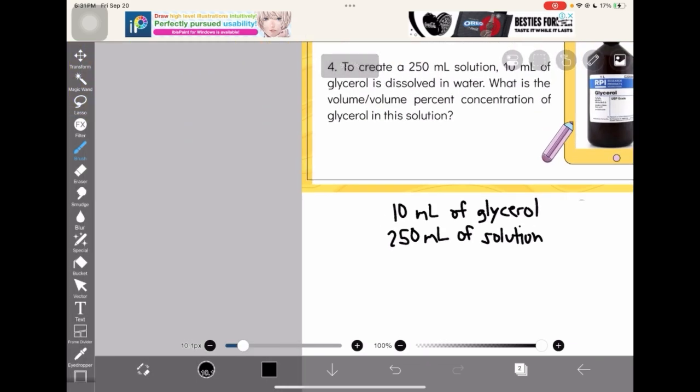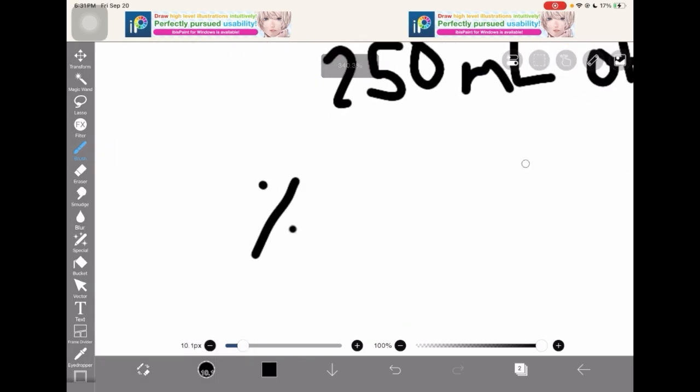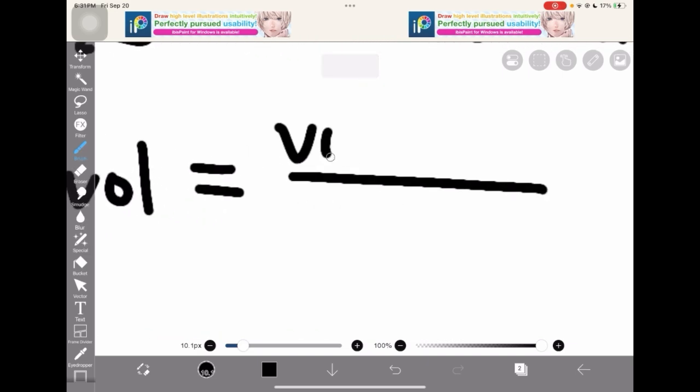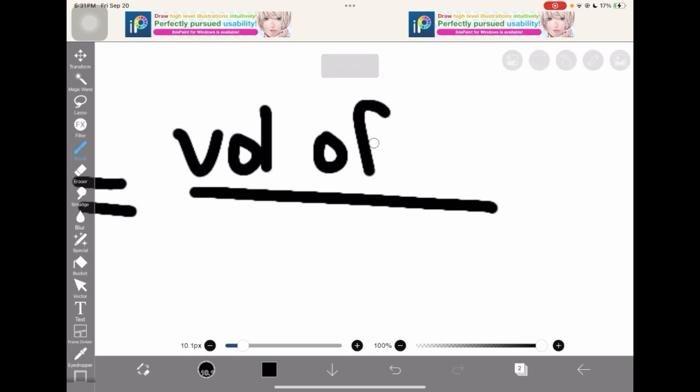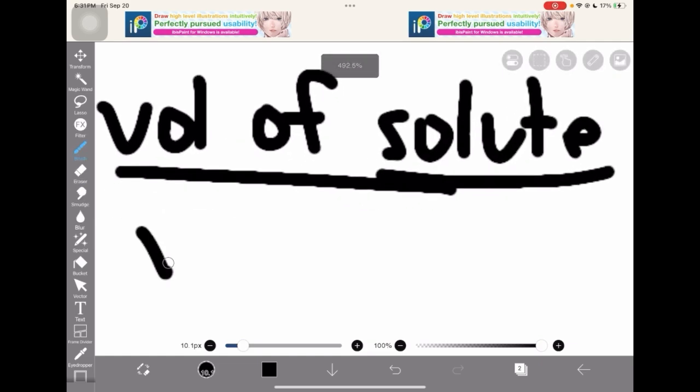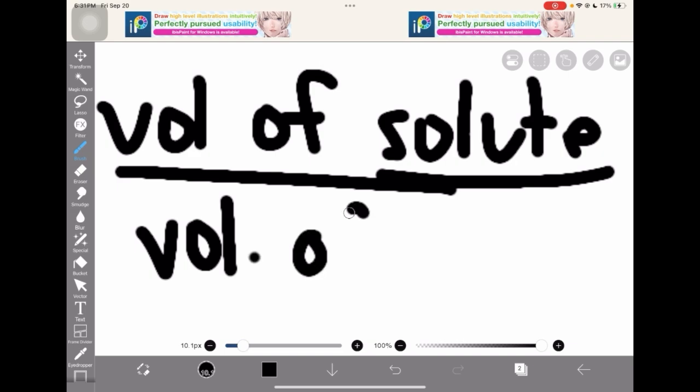So how do we calculate for the percent by volume? So it's very easy. Percent by volume is equal to the volume of the solute over volume of solution